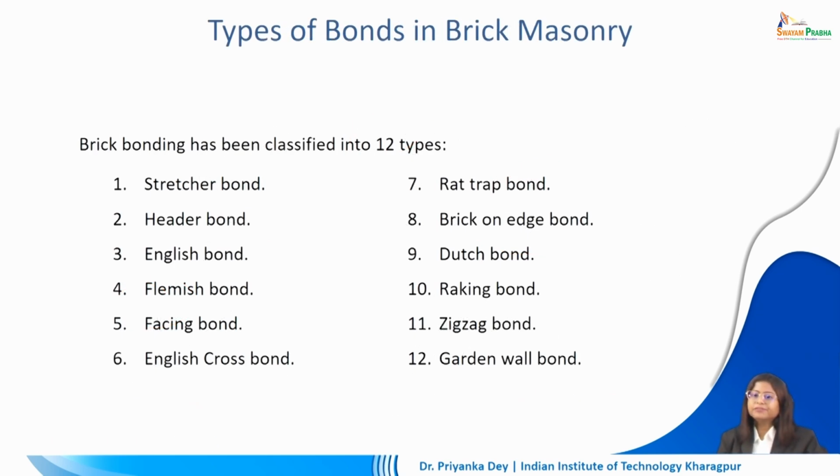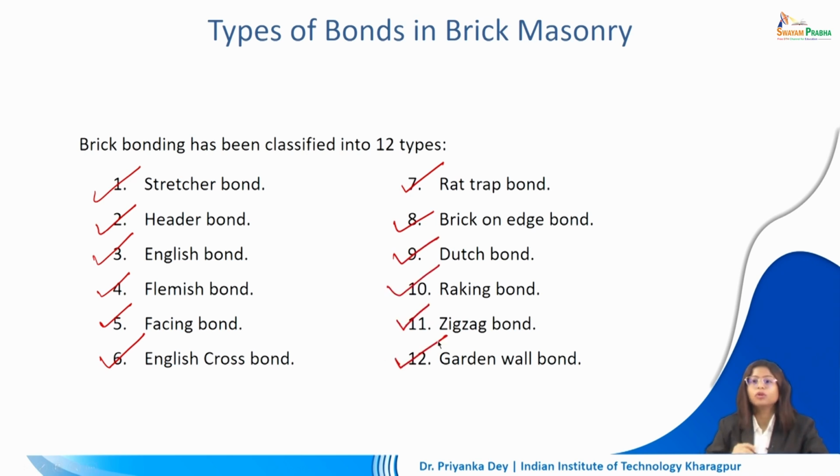We can classify brick bonding into different types. Stretcher bond, we're not going to get into the details of each of them. We're just taking a look at the names, just to recap, and we have a lot of modules to go through. So stretcher bond, header bond, English bond, Flemish bond, facing bond, English cross bond, rat trap bond, brick on edge bond, Dutch bond, raking bond, zigzag bond